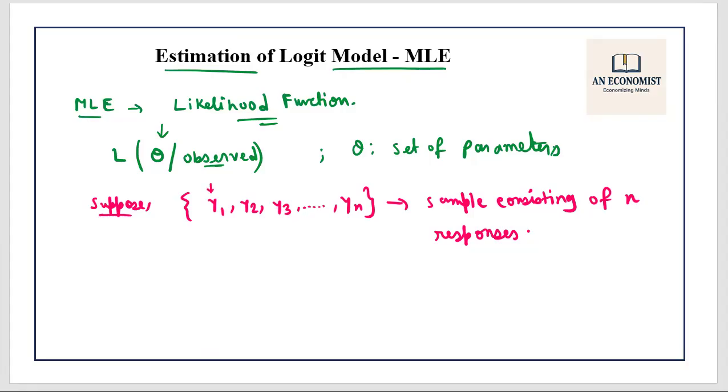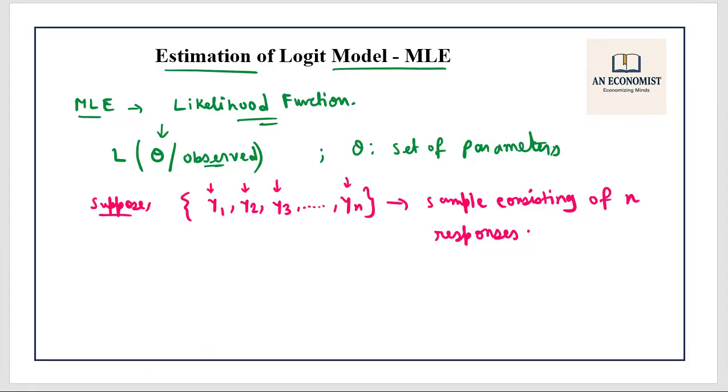So if y1 takes the value 1, it means the first person that we are asking, who is under this survey, owns a house. If y1 equals 0, it means he does not own a house. And similarly, you will